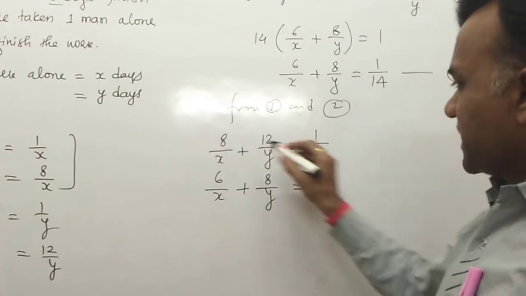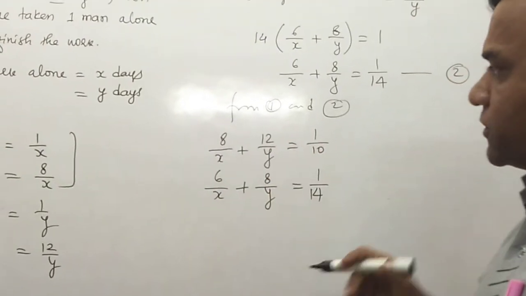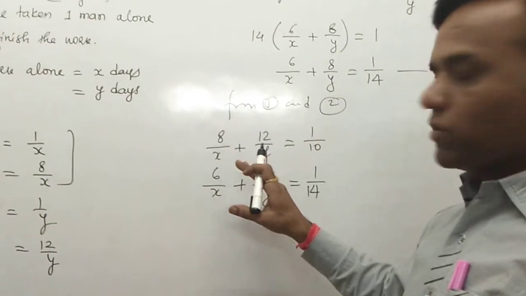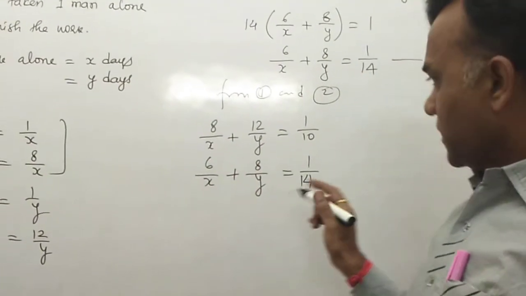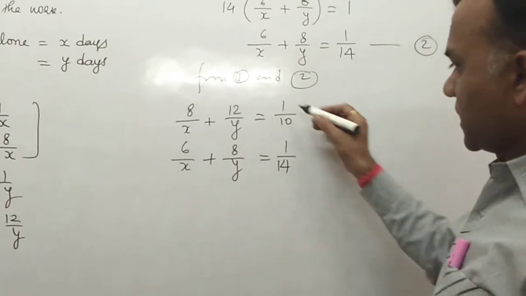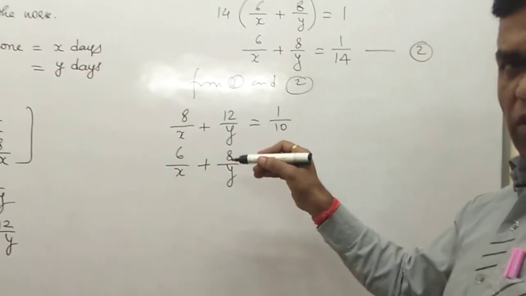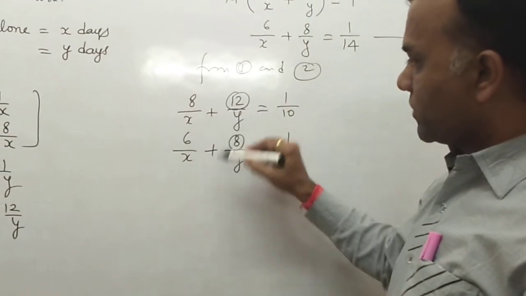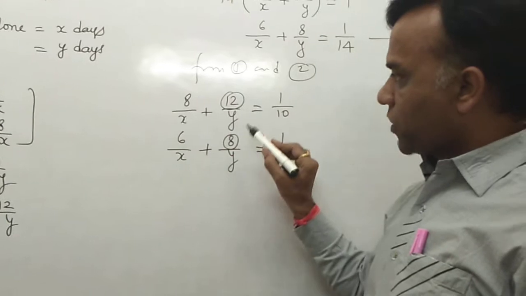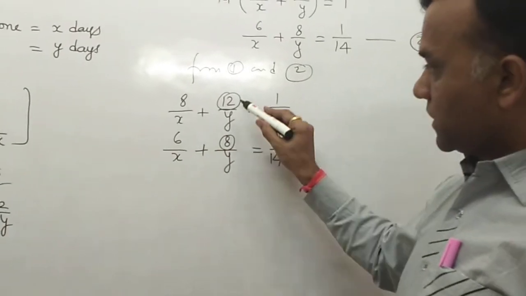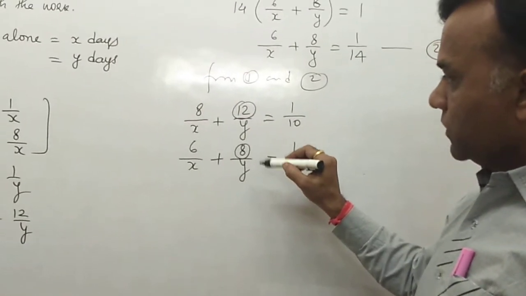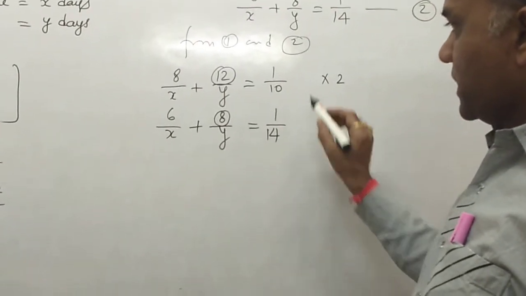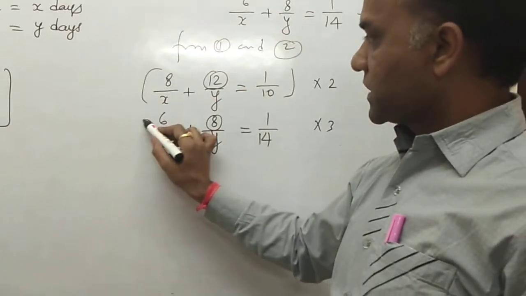Now use the concept of the elimination method, and also the concept of 1 by x as a and 1 by y as b, and then simplify. You could do it in the same way, but here you form the equations and cross multiply. Here we have 12 and 8. Their LCM is 24. So 12 you multiply by 2 and 8 you multiply by 3, so that both coefficients are the same.